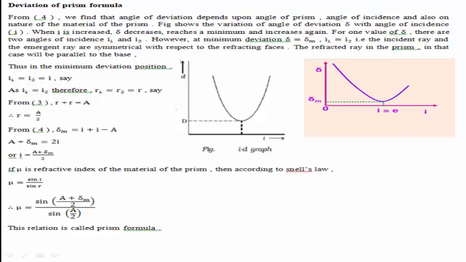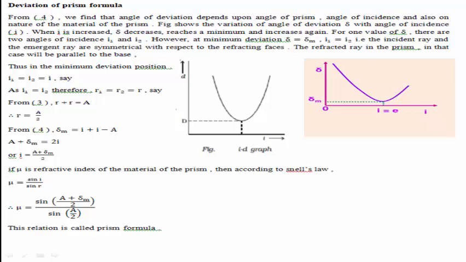Take this A to the left hand side, it becomes A plus delta M is equal to, when you add these two I, you get 2I. Or if you need the angle of incidence, that is I, then your equation becomes A plus delta M whole divided by 2. If nu is the refractive index of the material of the prism, then according to Snell's law,